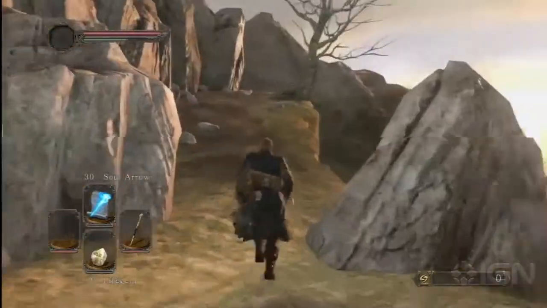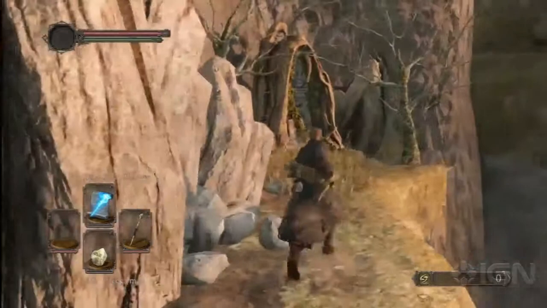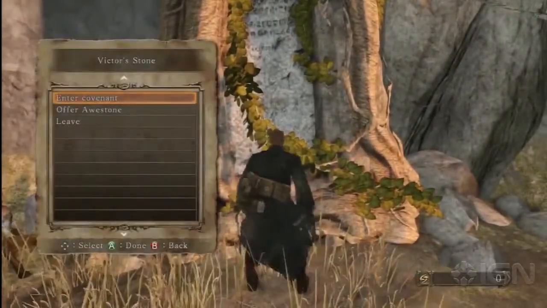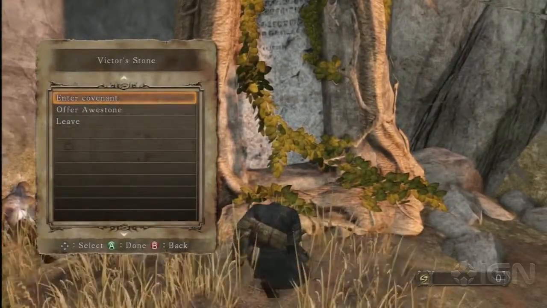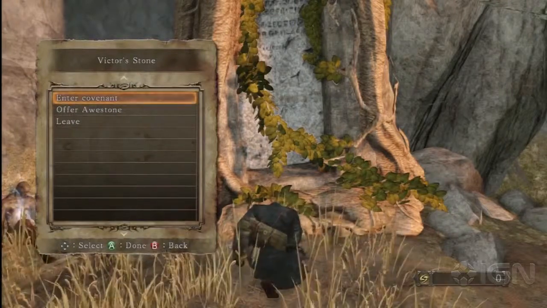Now, another way to make the game more difficult is to join one of the covenants. Up here in Majula, if you go behind the village, you're going to find this shrine. Take a little kneel down here. And we're going to find the Victor Stone, and this is to join the covenant called the Company of Champions. Now, it's going to ask you at least 3 times if you are sure you want to do this, and